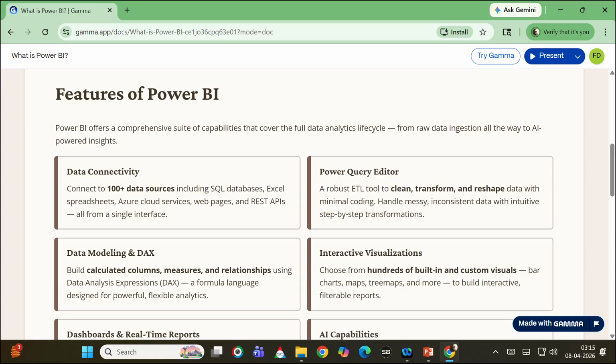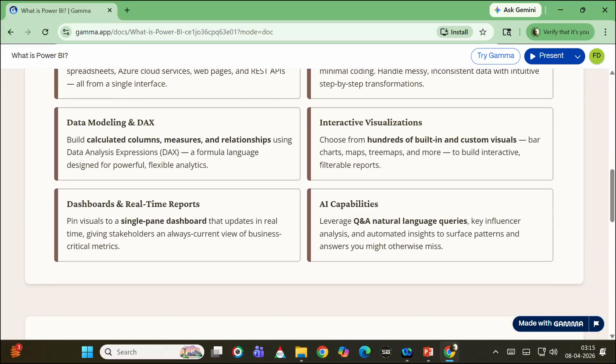Okay, and next is very interactive visualizations. You are digging a huge amount of data, and the answer will not be very easy to read, it will not be easy to understand, you cannot even present everything in one page to look up, it's very tough to understand the results. Okay, so how to present the results in a very interactive way using charts, maps and tree maps, very different kinds of interactive boards are there. You can present everything in a dashboard, or you can present reports. Okay, so that all you can do with interactive visualization features which are available in Power BI.